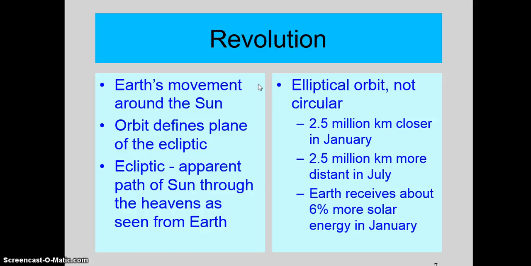In the northern hemisphere, you can generally see the North Star pretty easily. The other thing they noticed is that as you traveled further and further south, you would see new stars that you never saw before come up over the horizon. They also noticed that when there was a lunar eclipse,